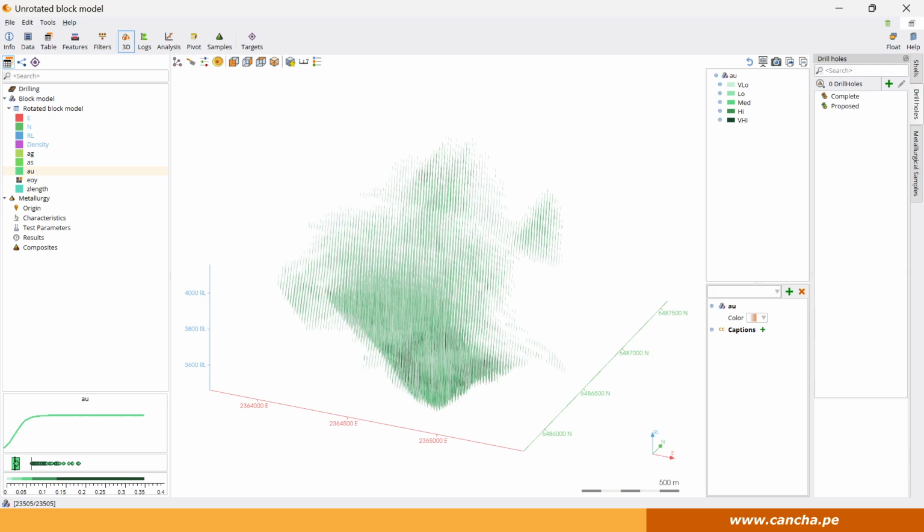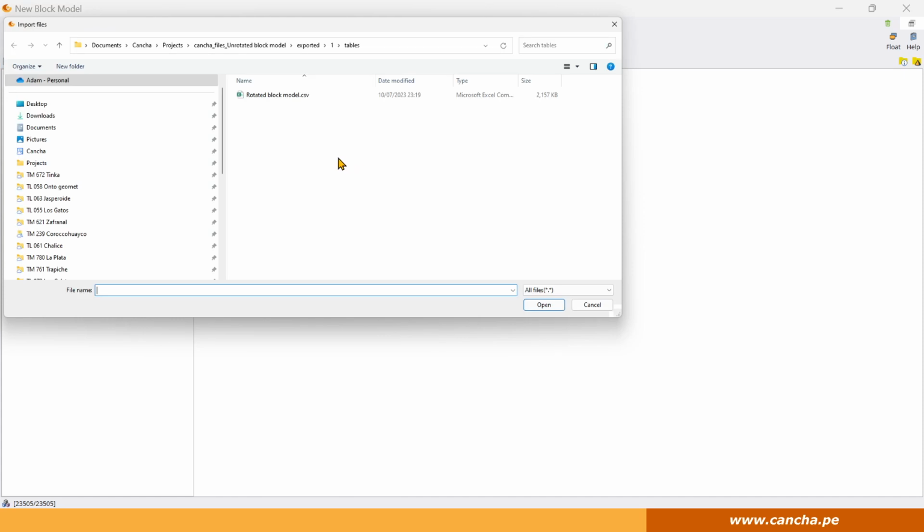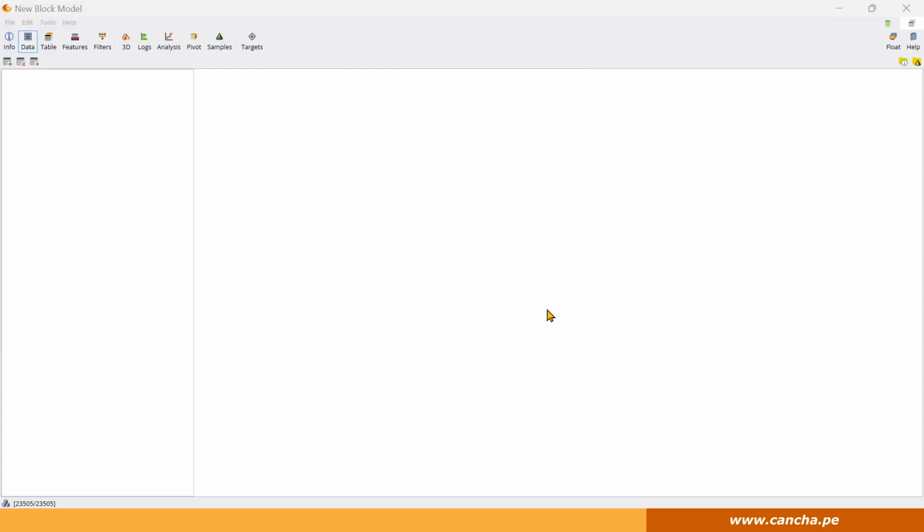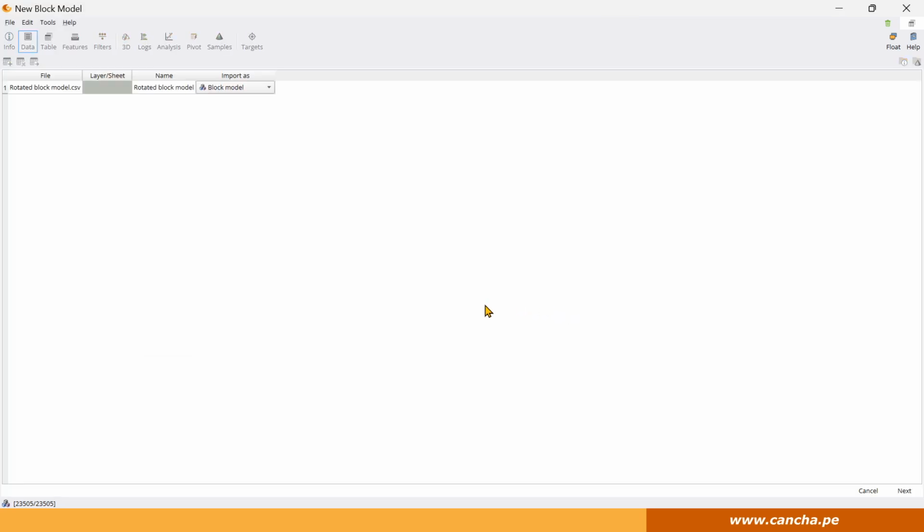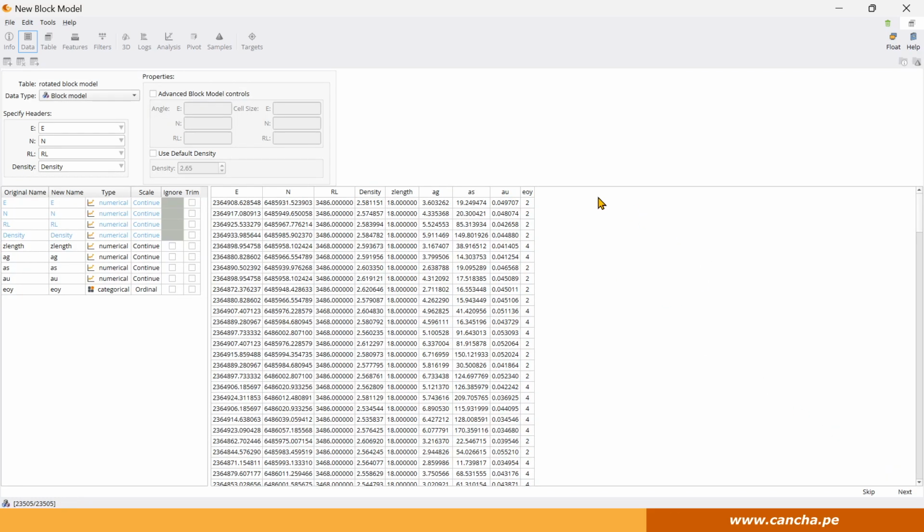So let's go ahead and import a file. That's the easiest way to show. Just go ahead and import it. Add this rotated block model CSV file. And it's been detected correctly as a block model. Here is the file type. Hit next. And here we can get a clue that something's a bit off, because we can see the